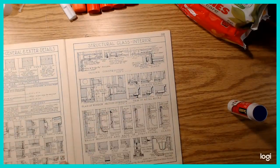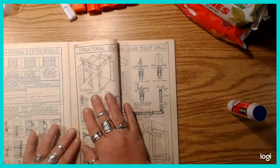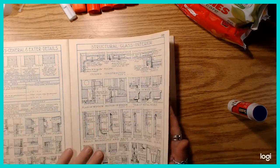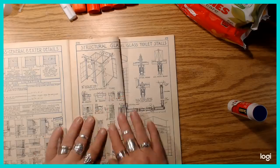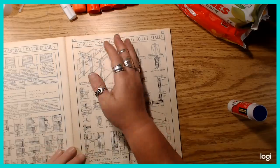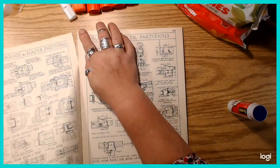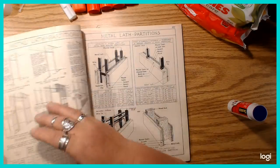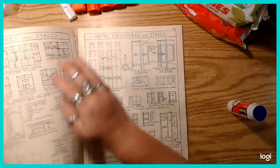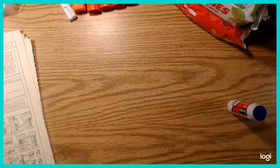And then I also think it would be cool to do a half-page one, but I'm not going to do that right now. For that I would just fold this in half, and then add glue here, and that way I could just tear it out. So anyways, let me tear off a couple of these, and well, I'll just tear out the ones that I glued already. Okay, and then